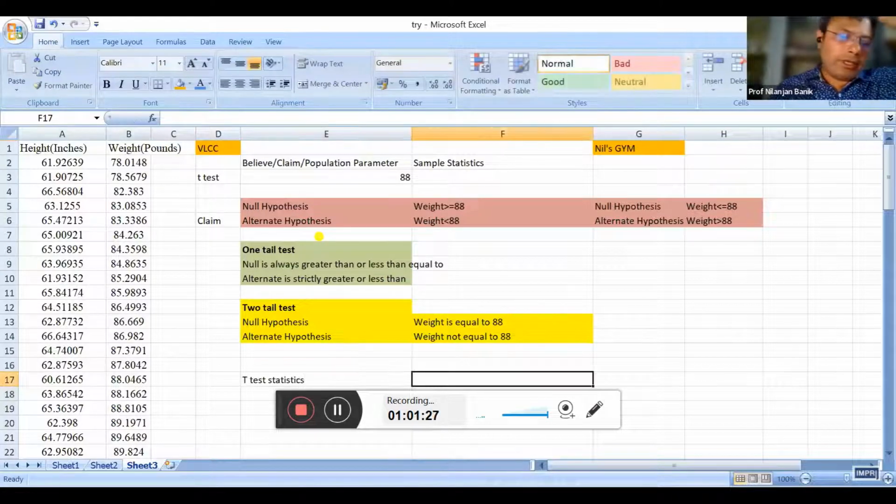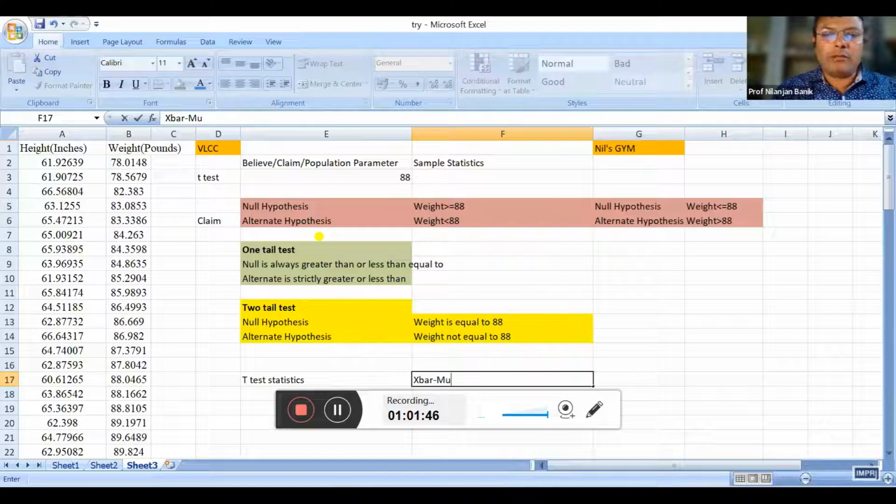The formula for this is quite simple. So this is the formula: x bar minus mu bar. Let's say this x bar is the sample mean. Mu bar is coming from the population, x bar is coming from the sample, and you have